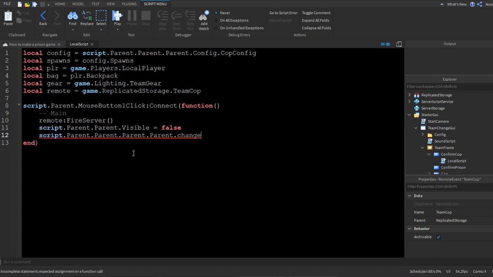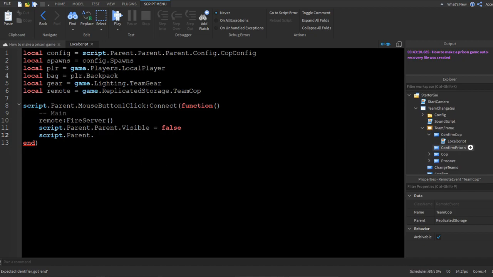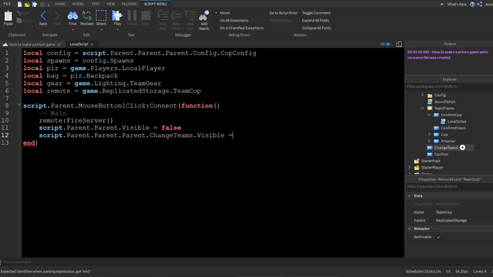script.parent.parent.parent.change. Wait, hold on, I'm trying to find out what this is. Script.parent.parent.change teams. There we go. So .change teams.visible equals true. And then we want to do script.parent.visible equals false. And then we want to do plr.character.walk speed. No, I need to do that. Humanoid.walk speed